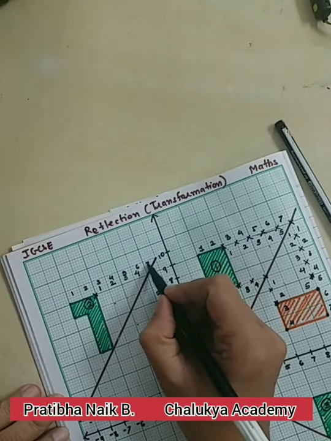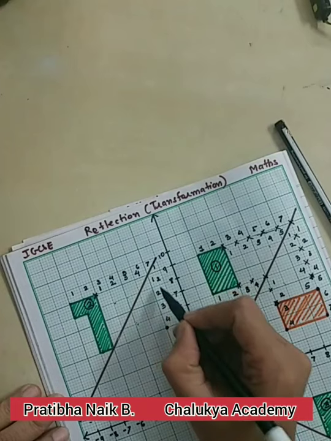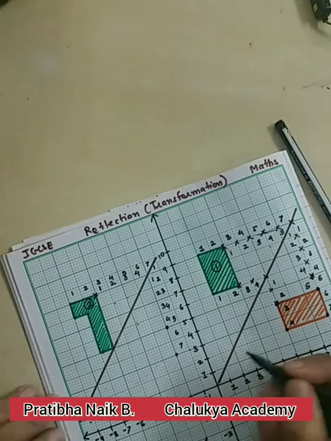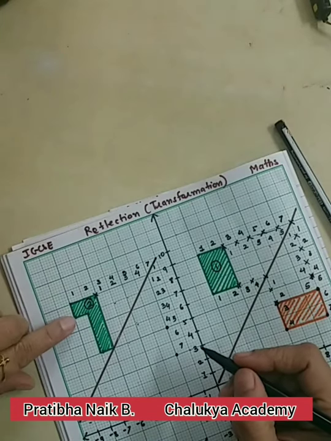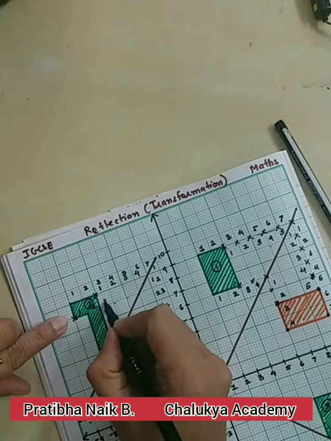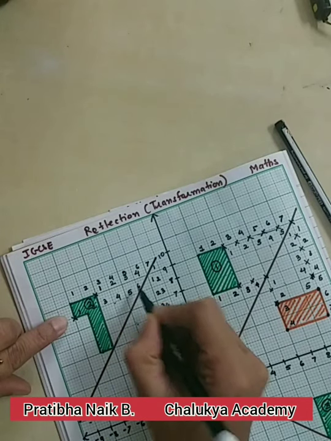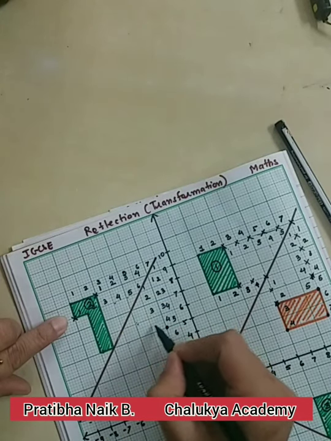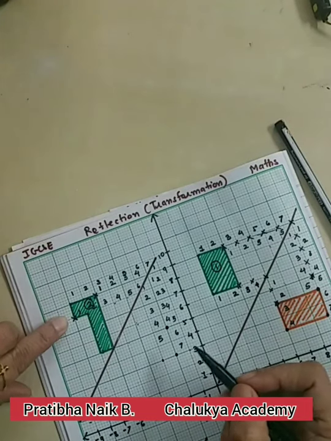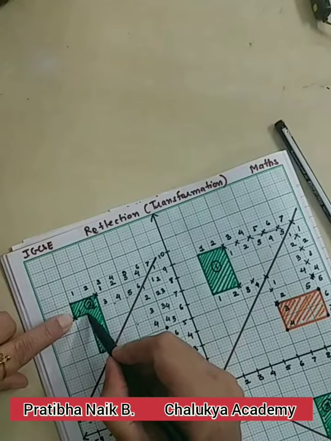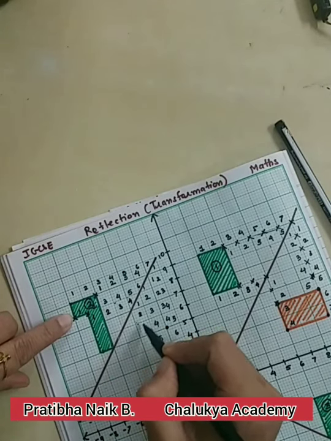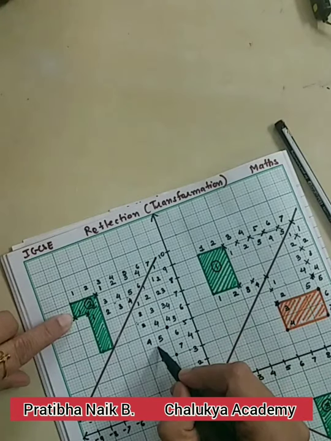So this is a 7. Now here 1, 2, 3, 4, 5, 6, 7. So here we have reached. Okay, now we will go here. Now this is the point we have to move. So this is 1, 2, 3, 4, 5, 6. So here we have reached. Okay, now we will go over here this point. So this point is 1, 2, 3, 4. So here we have reached.